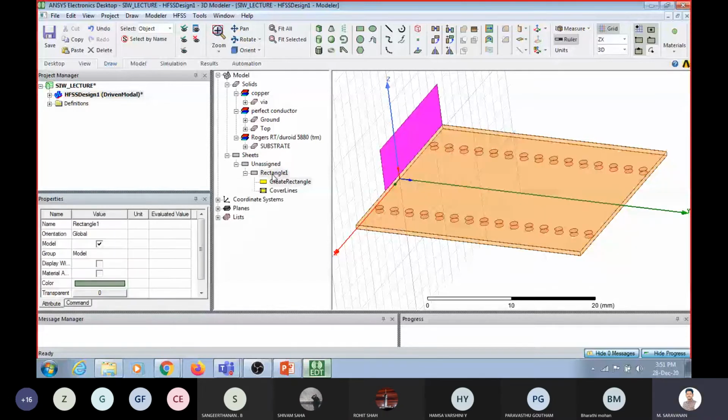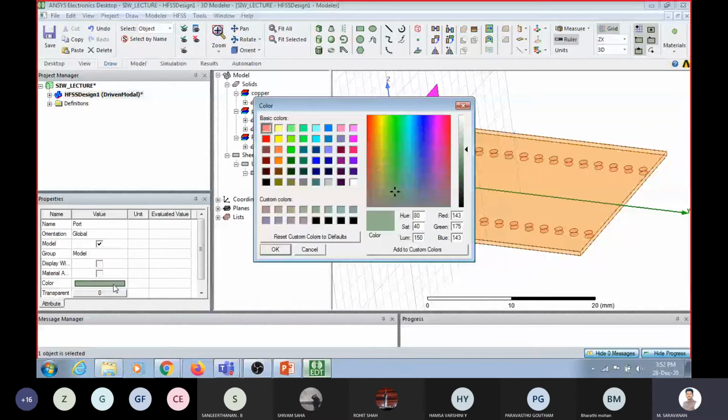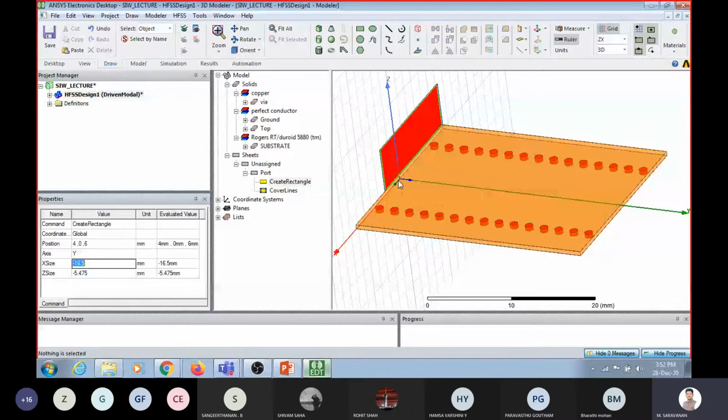So this is the port dimension, PORT port. I can rename it to any name. You can replace it with your name also. You can change the color, so according to attributes, you can change it. Then position. So what is this position? From the y-axis, this position is 0. It is correct. The length has to be equal to this distance, via separation. You can select the variable you have chosen. So it is v underscore separate. So the x length has to be equal to the via separation length.